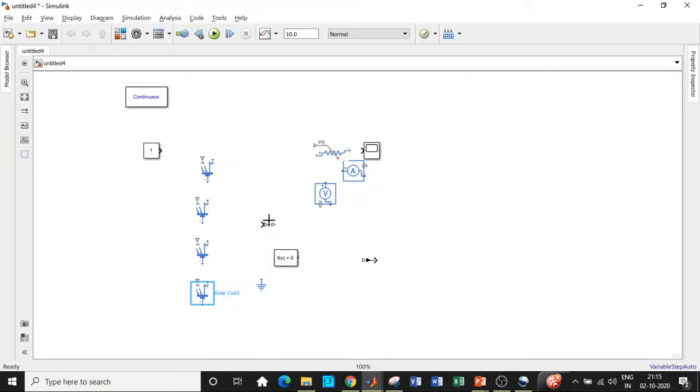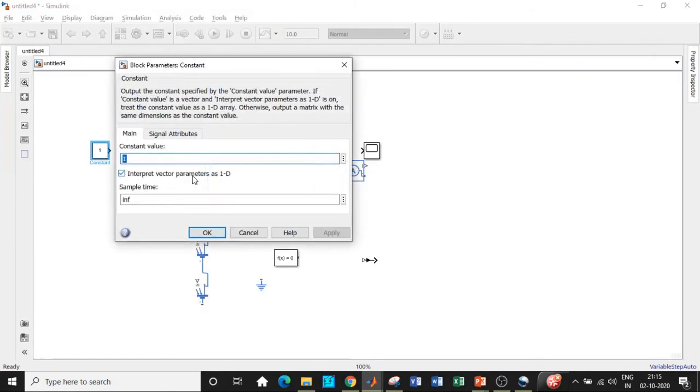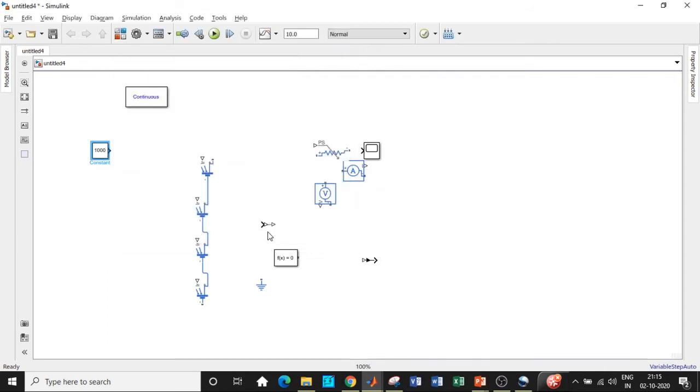So once that is done, we will be connecting them in series in this particular fashion, that is end-to-end connection, and it comes back from this point through this. I'll be connecting that later. So double click on this, set the irradiance value. This is basically the irradiance that we need to measure, give the value to. So I'll be entering 1000 because of the ratings.